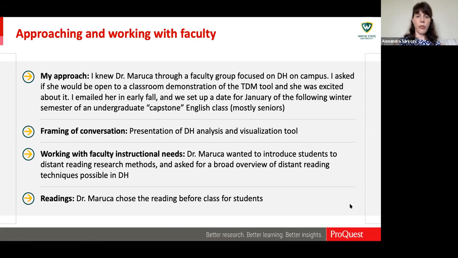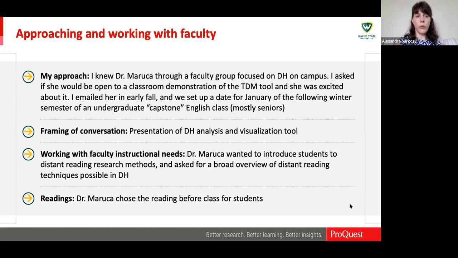Maruca and I knew of her interest in text and data mining and in distant reading techniques. And so I approached her to see if she would be interested in having the tool demonstrated in her classrooms to demonstrate some of these techniques to students. And she was really excited about it. We set up a date for the following January